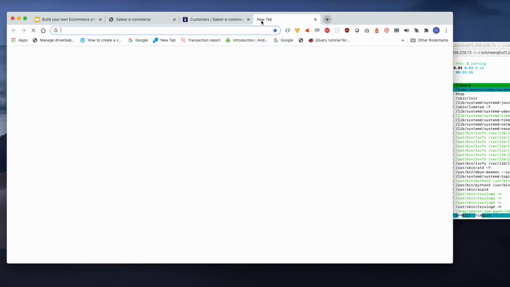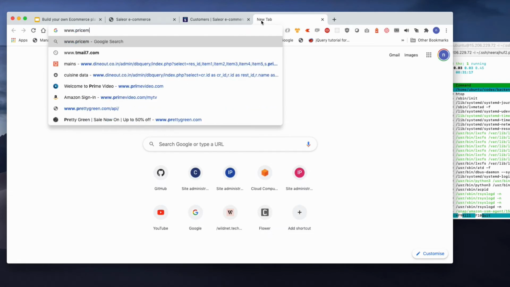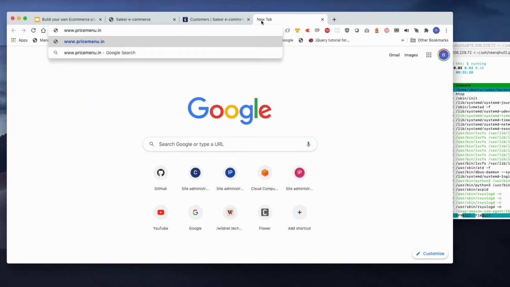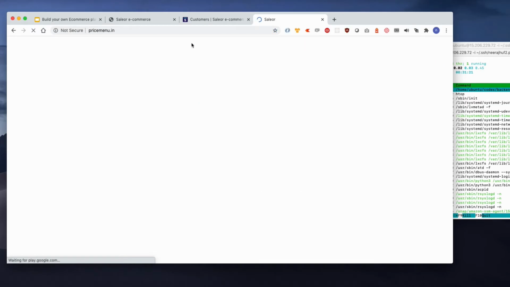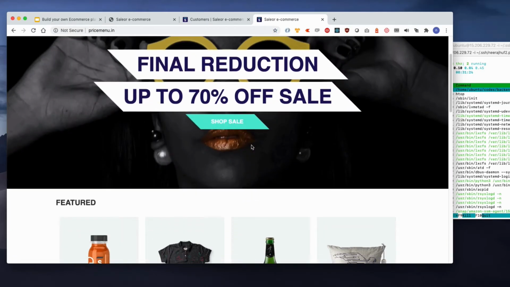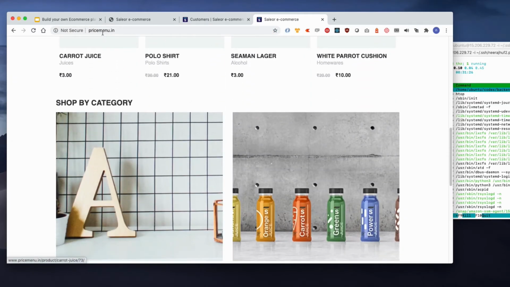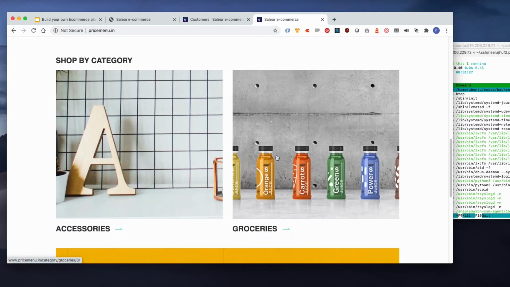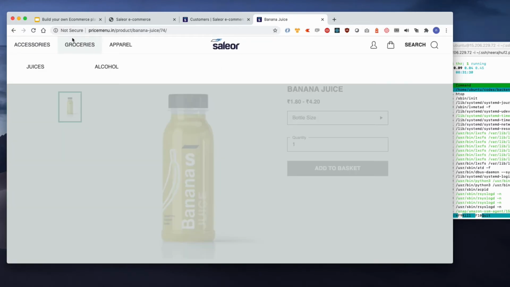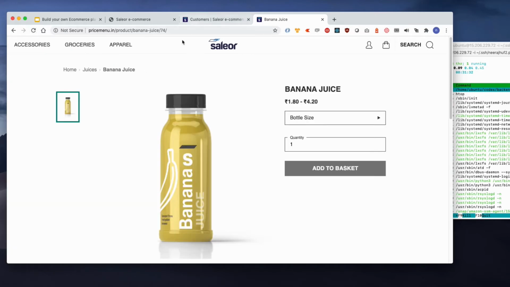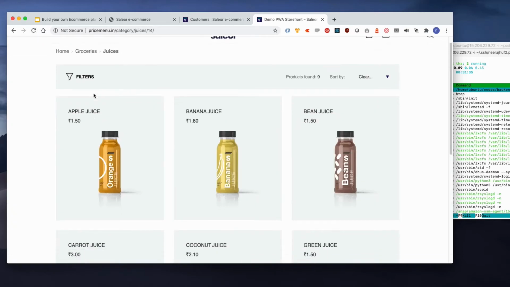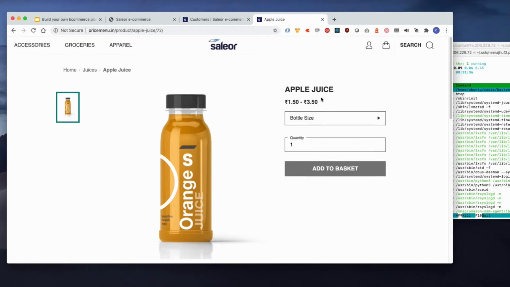I can also check my storefront. And yes, my storefront is also working at this port. Yes, I can browse, it is functional.